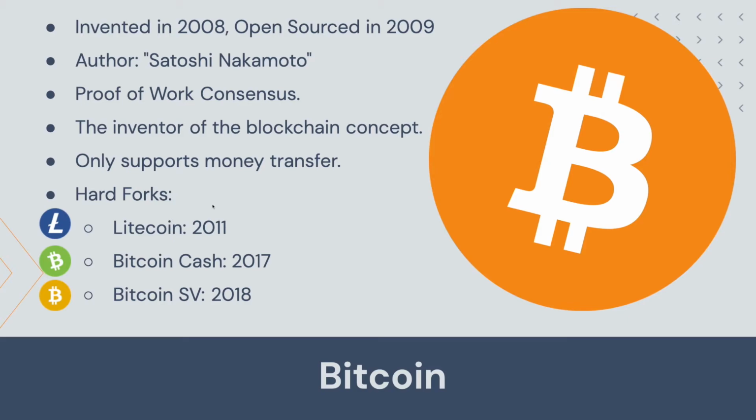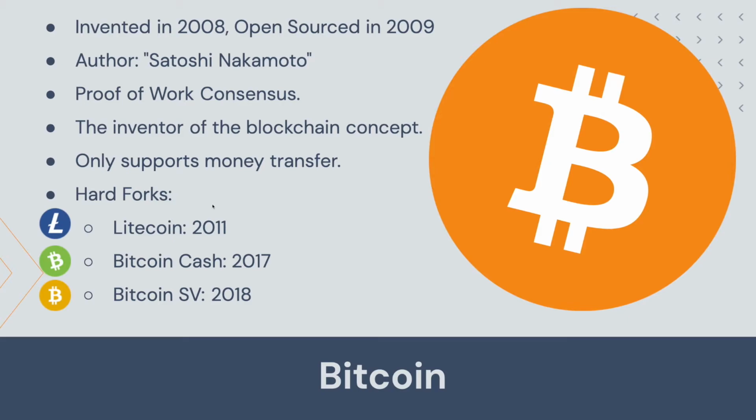It works via proof of work, so it consumes a lot of power. It consumes as much power as a small country. This is the inventor of the blockchain concept, and this blockchain is particular in that it only supports money transfer, as in account A transfers to account B, account C transfers to account B. All of those transfers are listed, added in the block, and then validated. That's mainly the main kind of transaction that Bitcoin supports, which is fine. That was what it was designed to do.